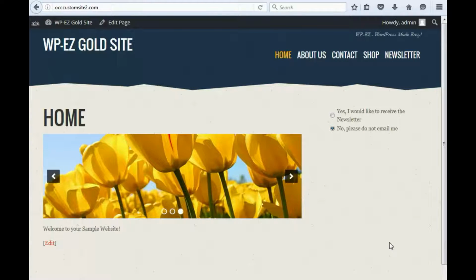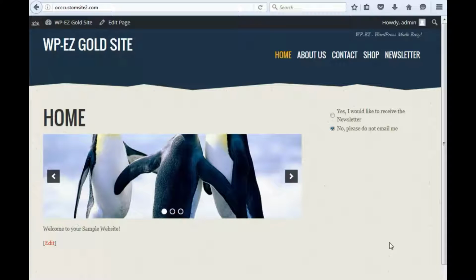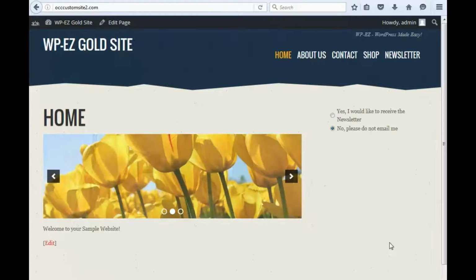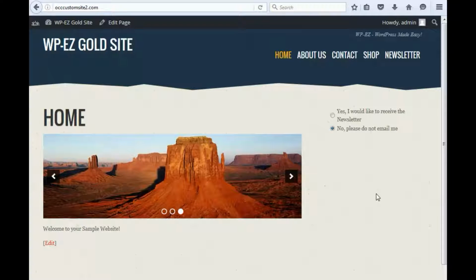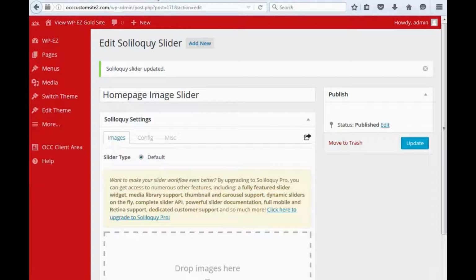It's WordPress made easy. In this video, I'm going to show you how to edit the settings for an image slider. So as you can see on our sample page here, we have an image slider already created and installed. So if we want to change the settings to either make it faster or slower or bigger or smaller, we can do that. We go into the dashboard,